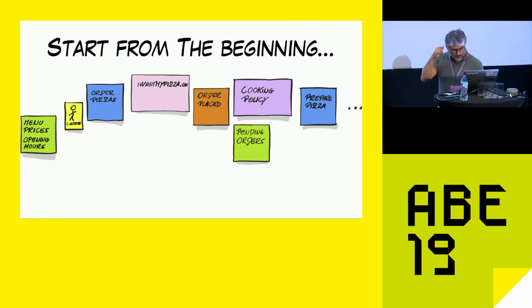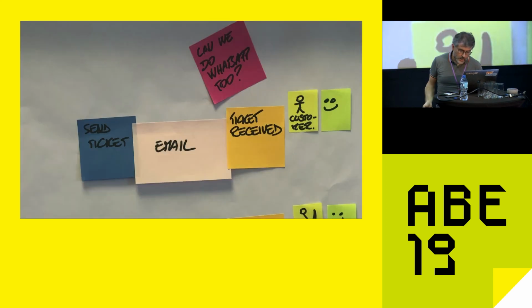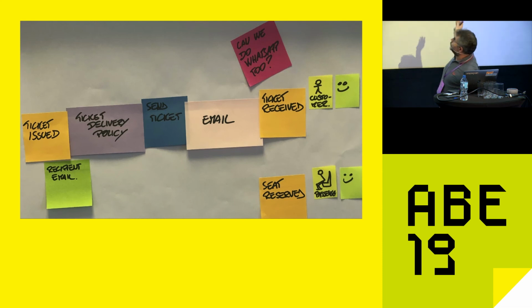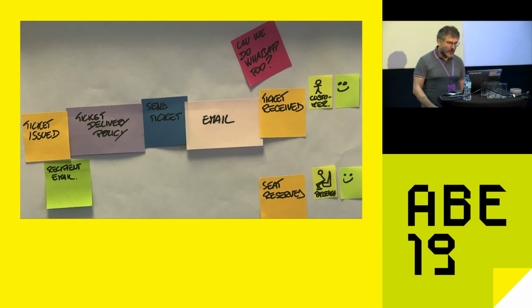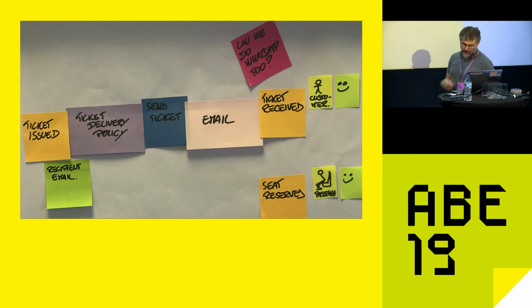So idea number one might be to start from the beginning. Idea number two might be to start from the end. So you visualize the outcomes, and then you get into reverse narrative and just move backwards, try to build something. It works a little bit better in terms of lean, but it's a little bit more demanding in terms of energy. The final approach is to storm with events,